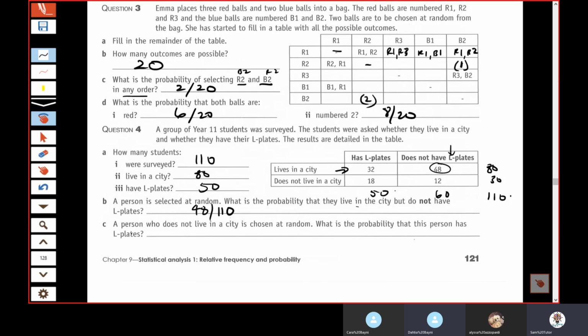Okay. But here, a person who does not live in the city is chosen at random. See? Person who does not live in the city, so they already know it's one of these 30 people. What is the probability that this person has L plates? Out of the 30 people, 18 have L plates. So that becomes 18 out of 30. There is a difference between this and the previous question: they've already chosen a person who doesn't live in the city. They know that for a fact. They know it's one of these 30 people. Then, out of those 30 people,